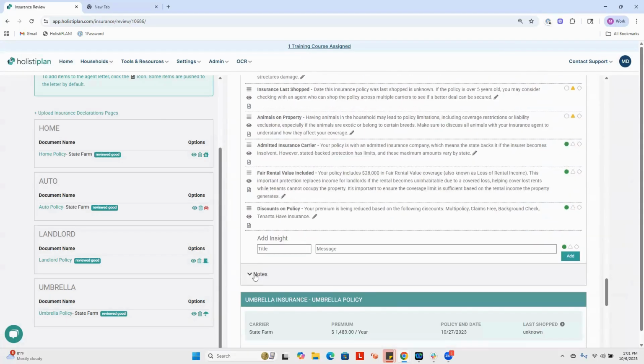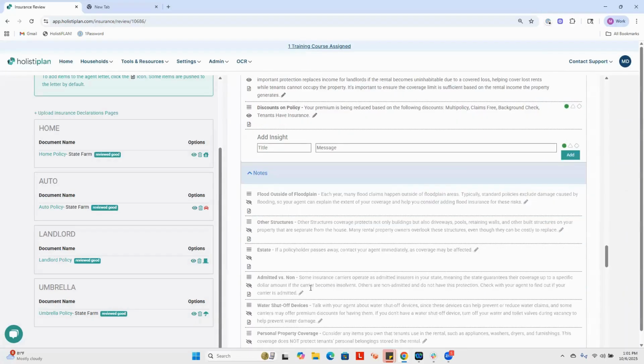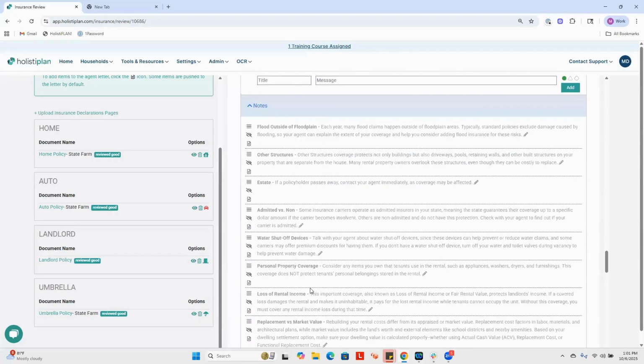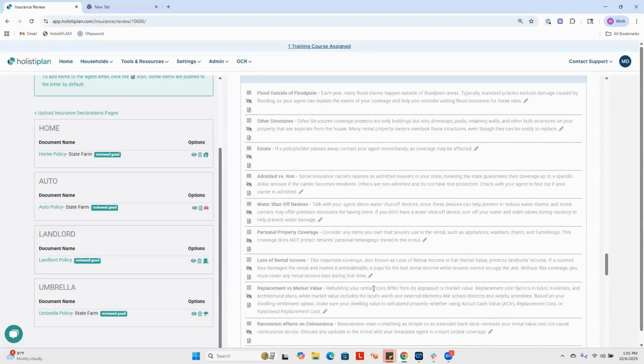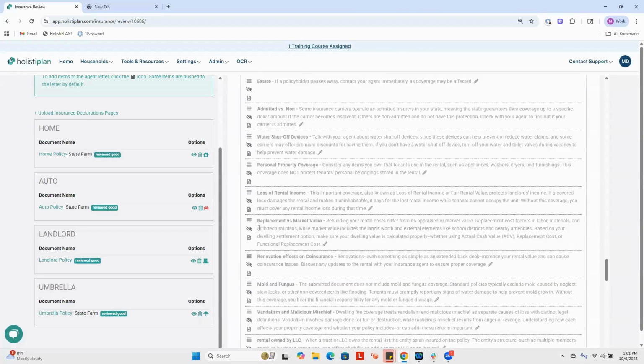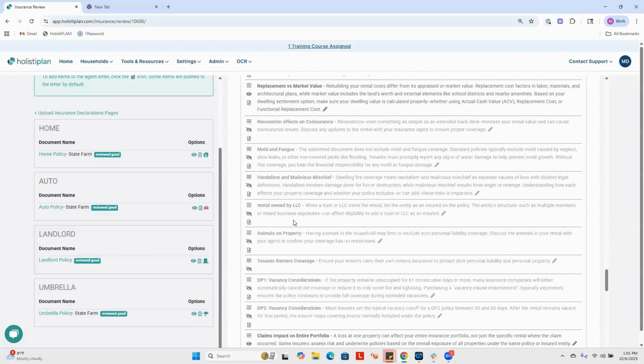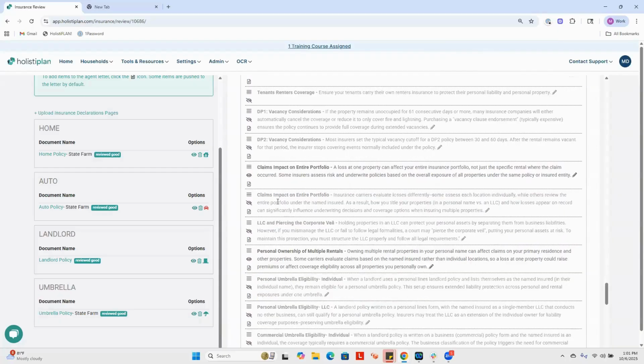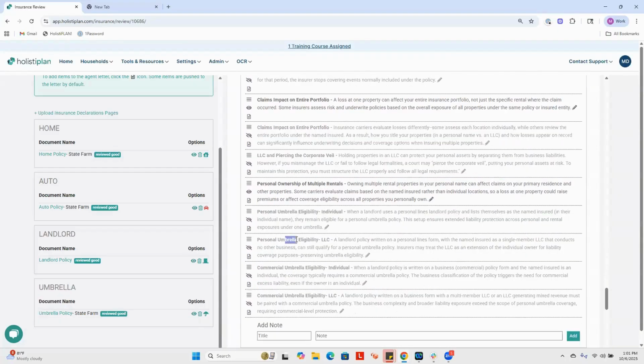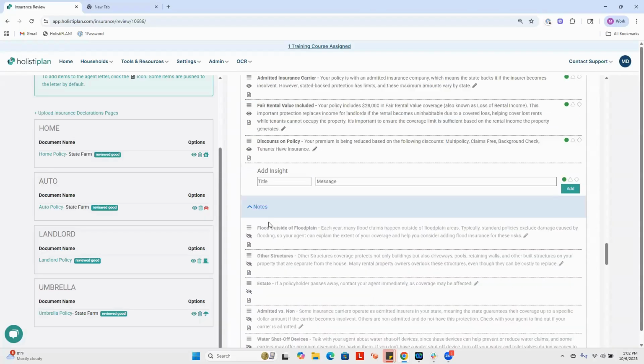And then we also have our notes section. So maybe you don't know everything about this client. Maybe they're a prospect, or you're still learning their operations and their rental portfolio. You can just educate them with these notes. So maybe you want them to know the difference between market value and replacement costs. Or maybe the difference between how the rental property is owned and how claims impact portfolios, or maybe the eligibility for the umbrella. So again, all of these wonderful things can be added into the presentation mode by just selecting